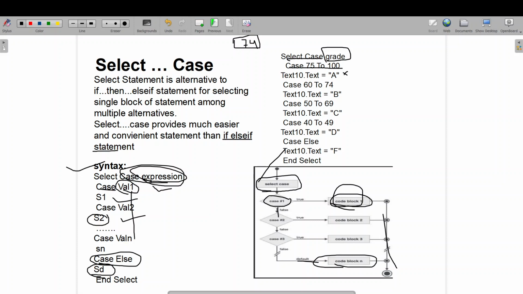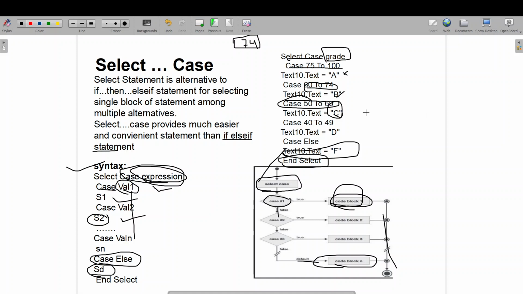I'll check the next case, and here it matches, so I'll print this statement. Likewise, we keep checking with the help of these cases. Whichever number we have given, if it appears in a case, it will print that particular statement. Or else, if none of these cases is fulfilled, I'll go for the default statement and print F, that is failed. And just like the if else then statement, we end this control statement with the End Select keyword.